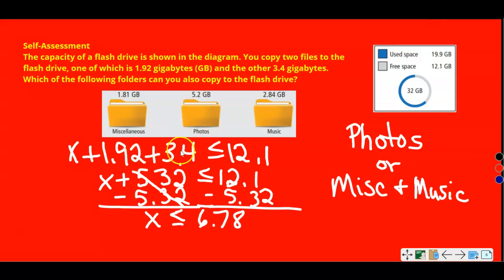So you can download these 2 files and your photos, or you can download these 2 files with miscellaneous and music. So right here you can see that that's what I put. So to check this, you could take 5.2. Let's go ahead and do that. 5.2 plus 1.92 plus 3.4. Is that less than or equal to 12.1? All right, so that is 10.52, which is less than or equal to the 12.1. So this one checks out, which we knew it would, but it's good to check it. And your music and miscellaneous, check it as